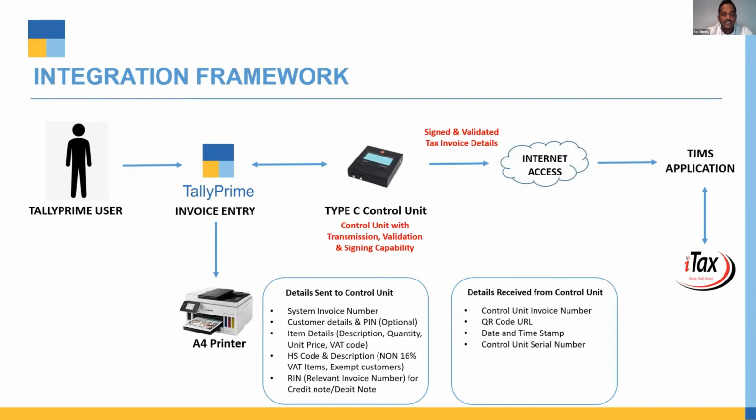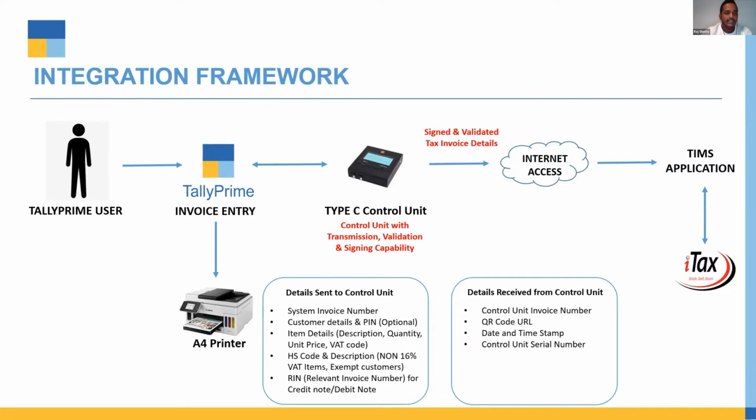Tally will send these details, as I explained earlier: the system invoice number, customer details, inventory details, and HS code details. Tally Prime will send them to the control unit, and the control unit will generate the QR code with this information, like the control unit invoice number, date and time, and control unit serial number, and send it